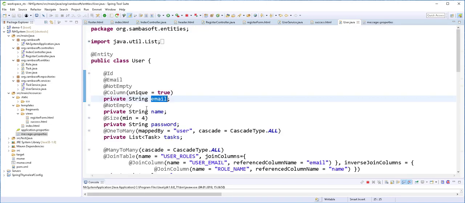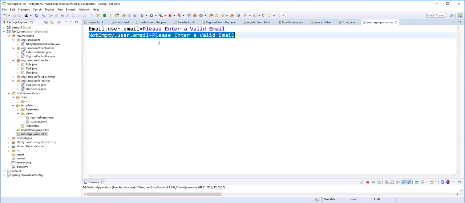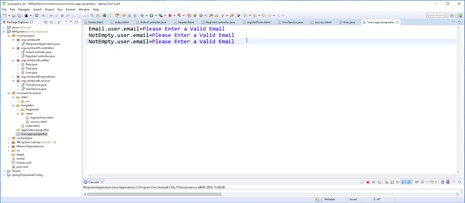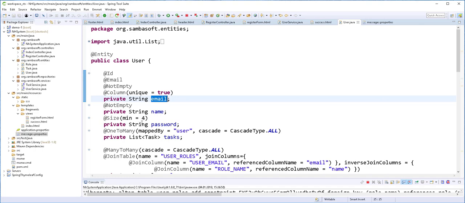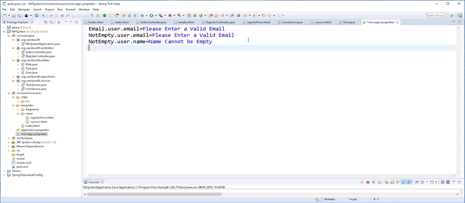And for the name field, it should also not be empty. So I'll copy this and paste it here. This should then be the name field. I'll just type here, name cannot be empty. And finally, for the password, we said it should have a minimum length of 4. So that is Size.user.password. So I'll type here password should be at least 4 characters. So this should be password. I'll save this,